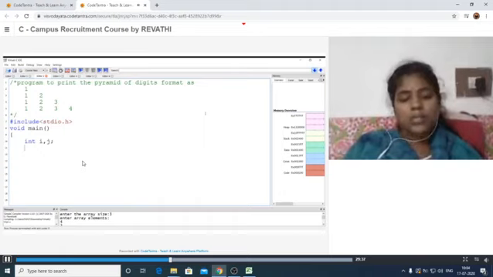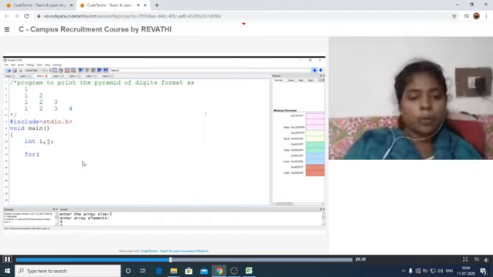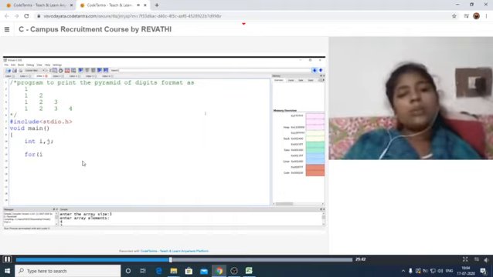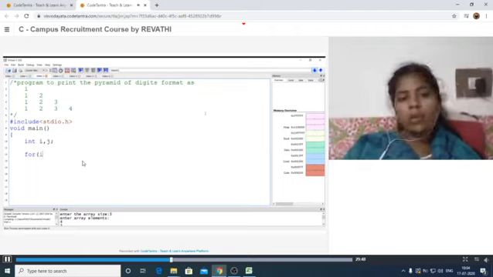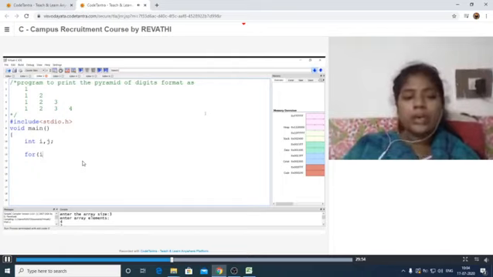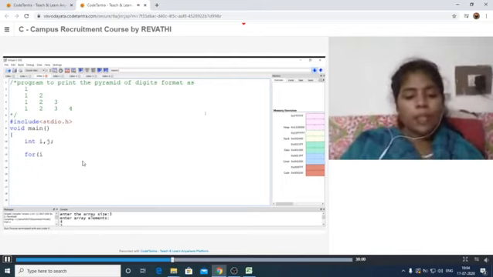We need to take the for loop. There is no need to read any value from the keyboard. Directly we are taking the number of rows as 4 because they have given 4 rows here. If they had not provided the number of rows, we would have to read the value from the keyboard, that is, enter the number of rows. For i is equal to 1, i less than or equal to 4.